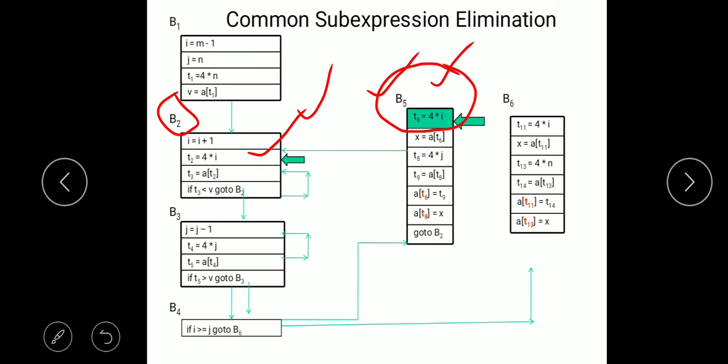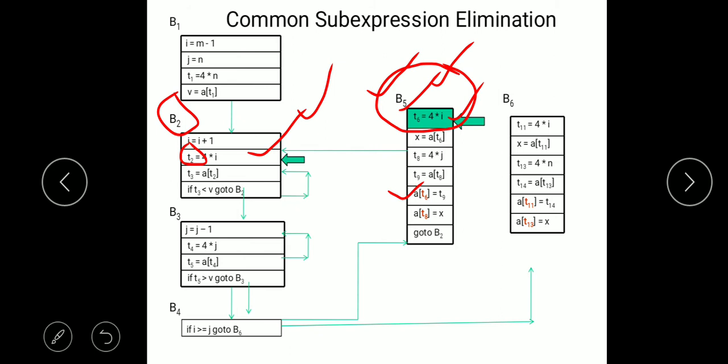Before eliminating this statement, we need to find all references to variable T6, and in place of T6 we need to put T2, because T2 is already computing 4 into I. So here we need to replace A of T6: in place of A of T6 we will write A of T2.